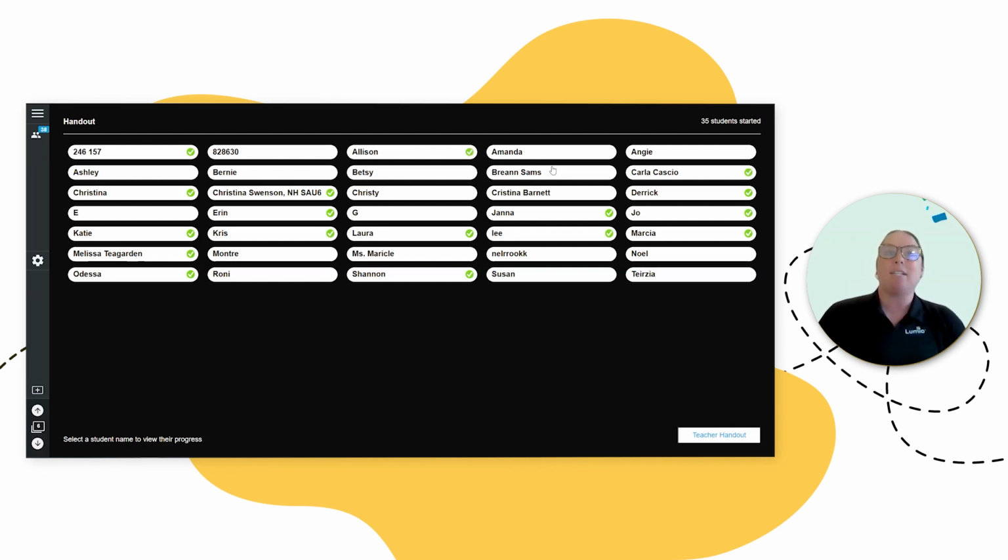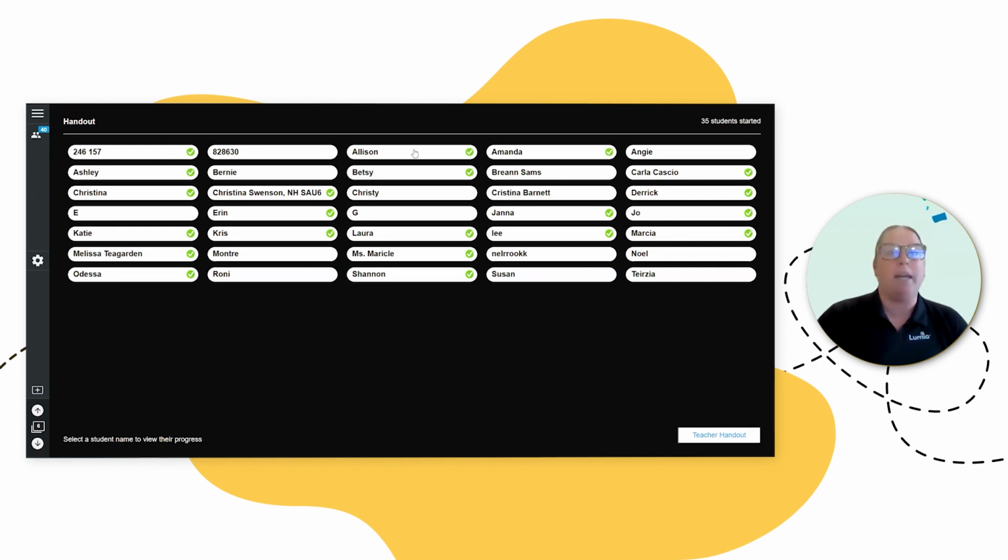I was working with a math teacher before, and we were doing different strategies of adding fractions together, and she actually had her students hit done if they felt comfortable sharing their strategy with the class. So I just thought it was a really fun way of using the done button other than the obvious to tell me you're finished. So just keep that one in mind.